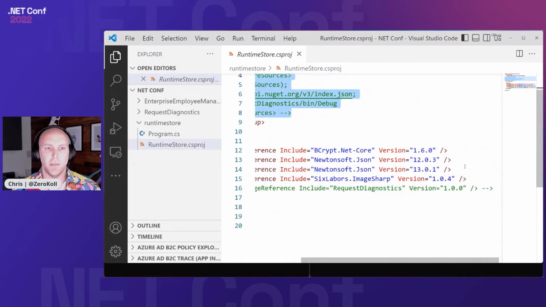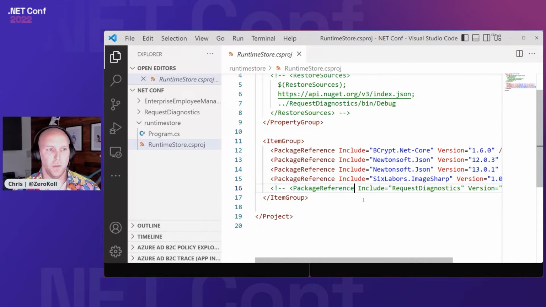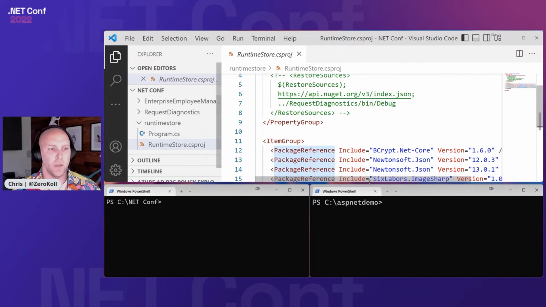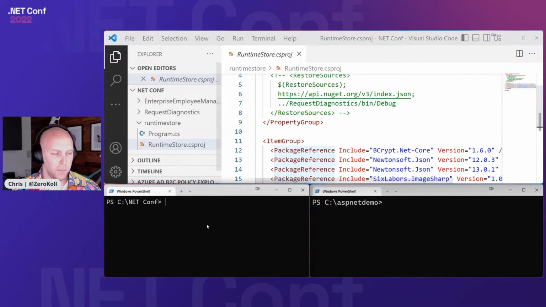And you can also see that I'm actually adding both version 12 and 13 of JSON.NET, just as an example, to show you that you can have more than one. And once again, ignore this comment down here. I will put that to use in a little while. But with that CS project file, what I can do now is go to my terminal here,